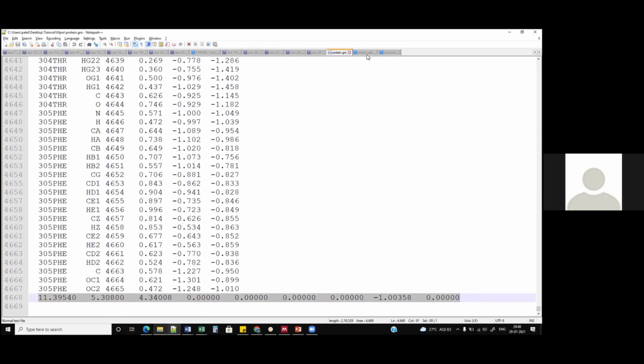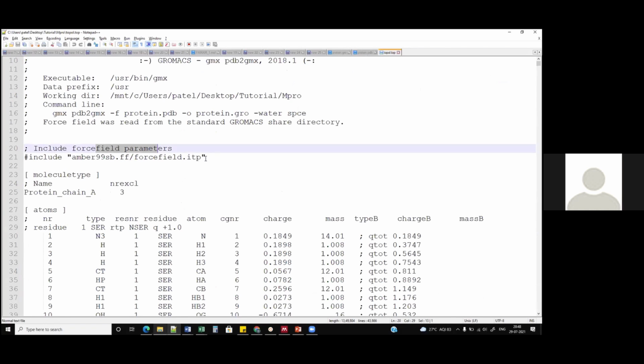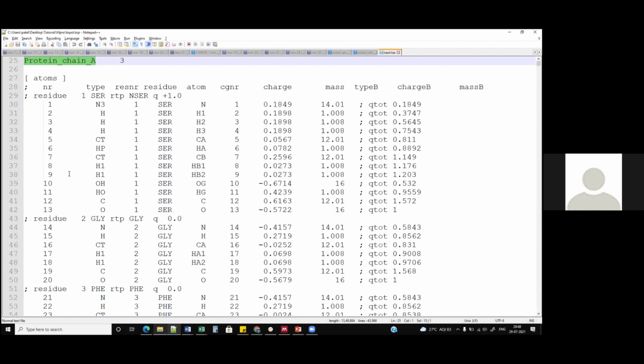And then we have the associated topology file generated from this first command. It includes the force field parameters, in this case Amber 99, which we have used. There is only chain A available in this. And then this is the topological information about each and every atom in all of these amino acids. This is serine for the first one.